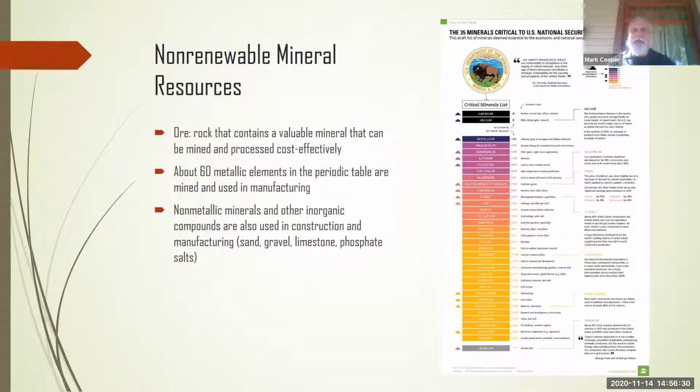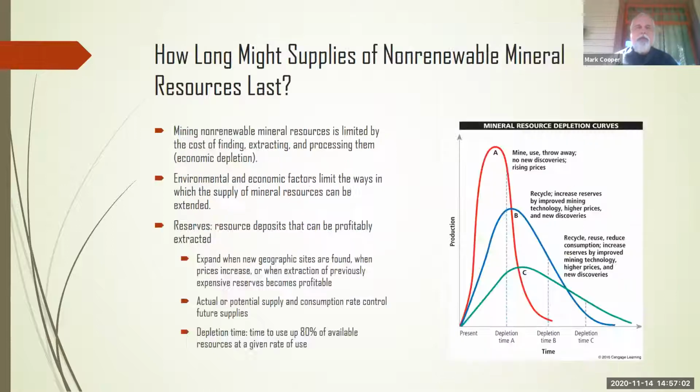And here are some on the right, 35 minerals that are critical to U.S. national security. It really comes down to these being a big game in the future. Certain countries have more of these than others. And when we start talking about what we use them for, and some of those may be important for computers, things like that, who controls the minerals may have the power. So that is something that we should be well aware of as we go.